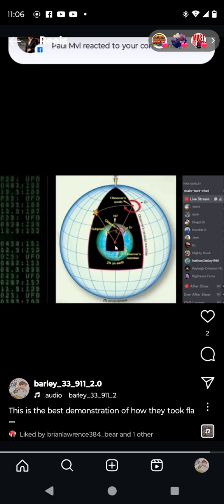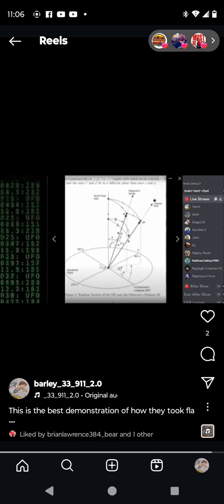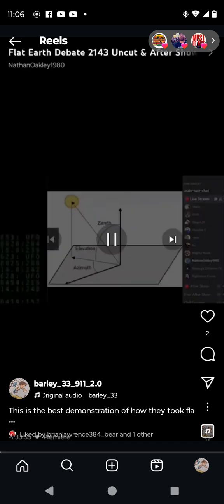But this is how you project a ball. This is how you take an angle measurement from the ground and convert it to PZX triangles. That's how the globe's been created. So when we say the globe is created with flat earth measurements, this is what we're talking about. These are the diagram to sort of hopefully